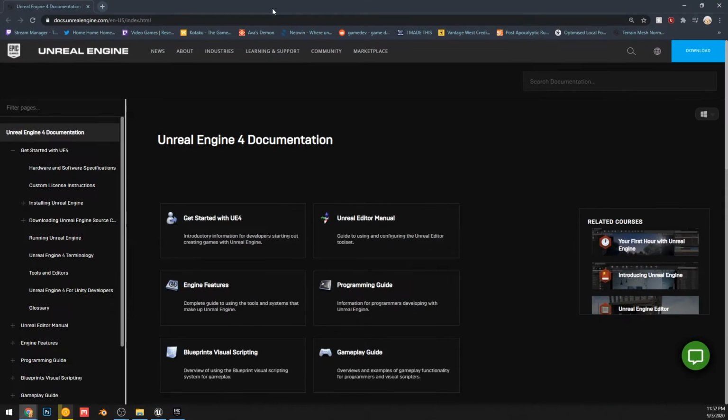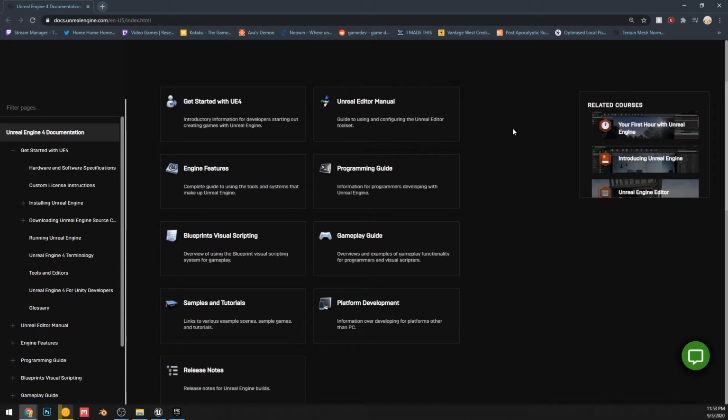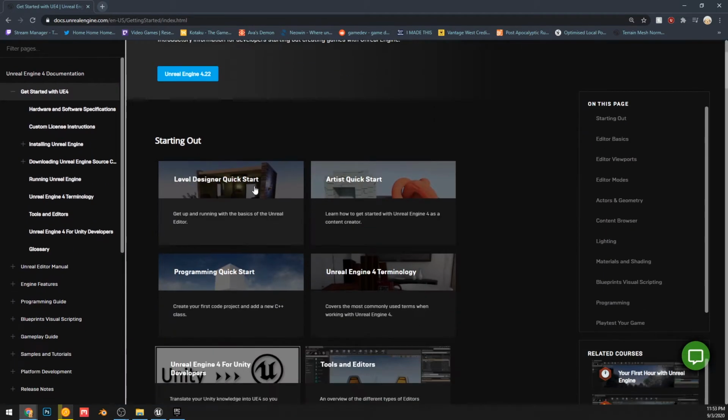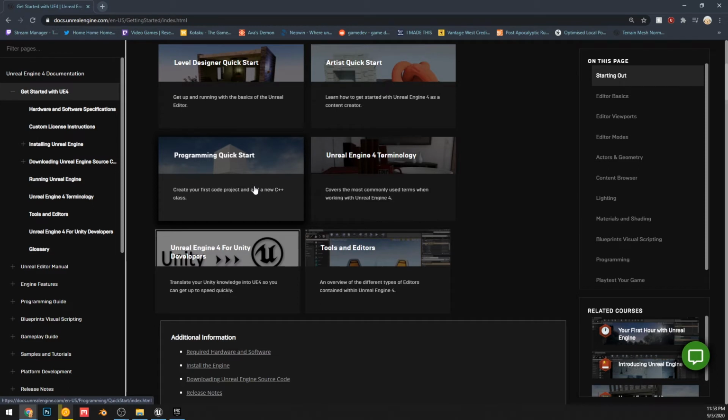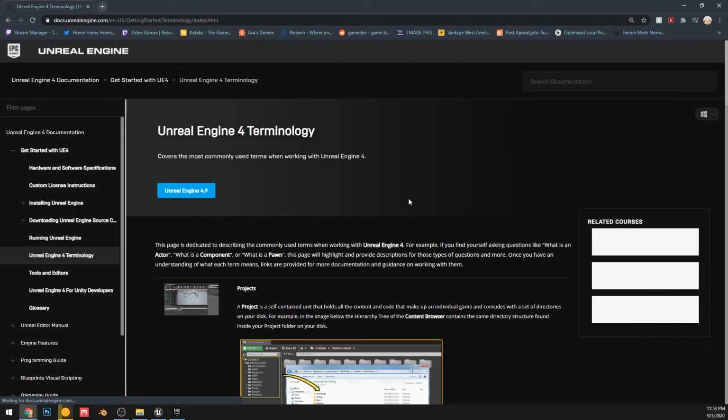People don't realize it is actually pretty important to read the docs. The one thing I notice a lot is people just will start with the engine and not realize Epic's actually been like, hey, why don't you read these for getting started, right? And they have these really quick little reads you can do. And this one especially, I believe, is important. They have these things where you can quickly learn. This is super fast. Just learn about a couple things and you can learn it.